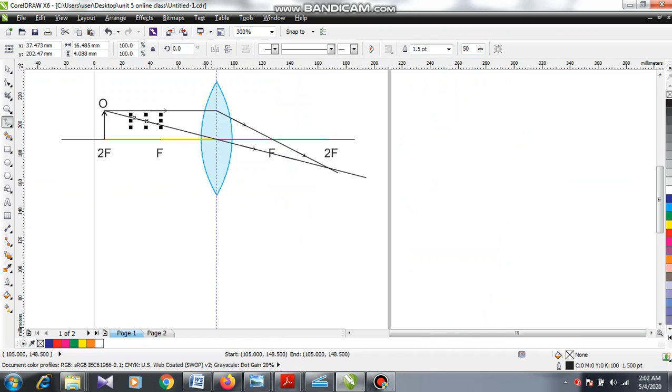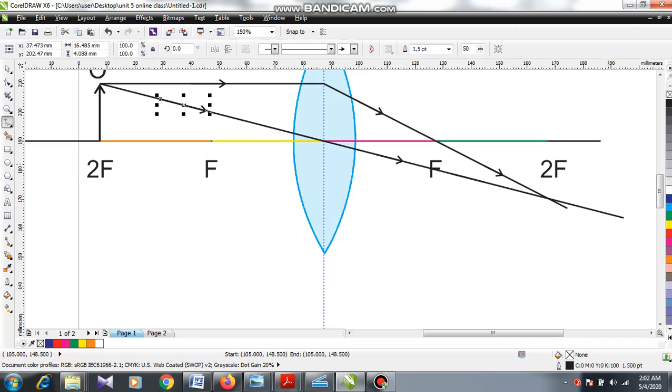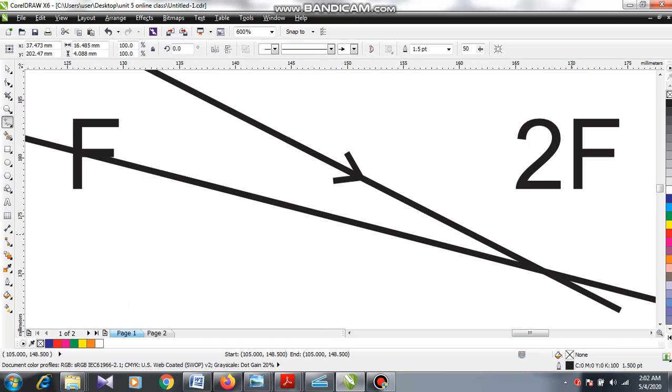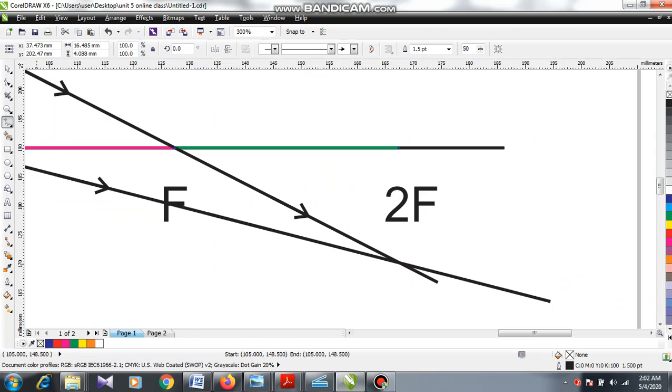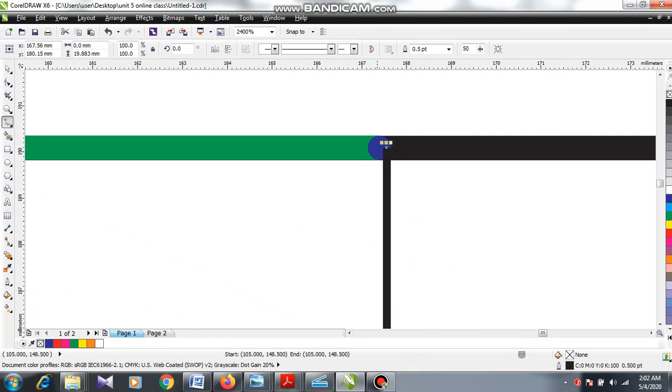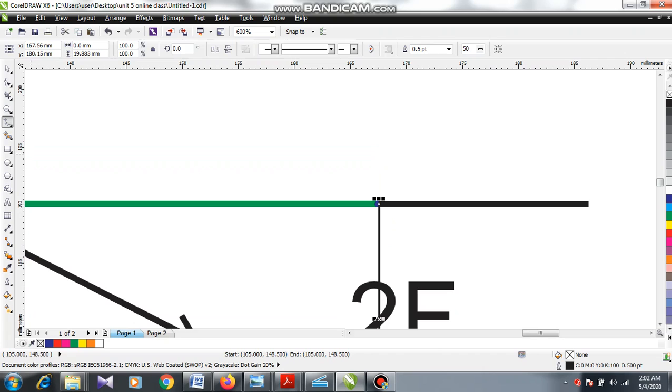I am going to draw the image. The image is produced here, where the two lines are really meeting. I am going to draw the image here. See the place where it touches.